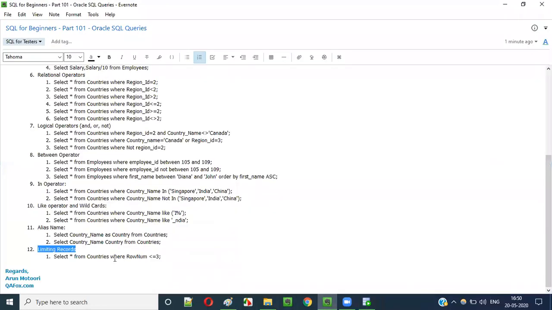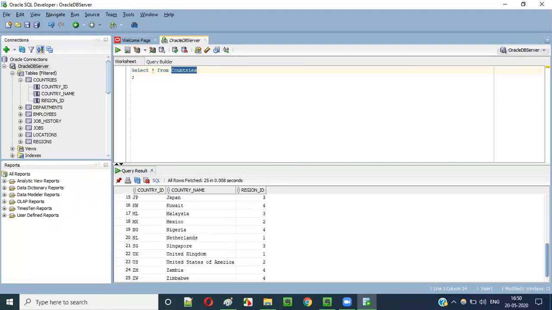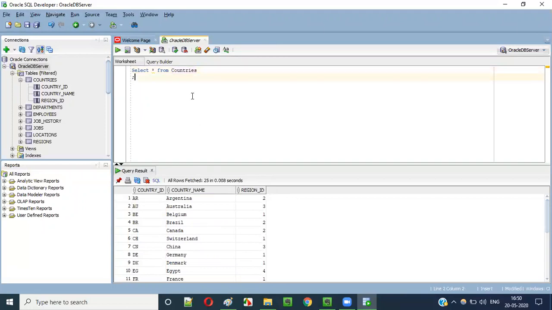We have to use this thing. In the where clause, we have to write a kind of condition saying row number. This is a keyword, guys. How to limit the records? Even though this particular countries table has more than 10 records, in total there are 25. But I would like to restrict the results to only 10 records. Out of 25, I want only 10. So row number is a keyword that you can use for limiting these records.